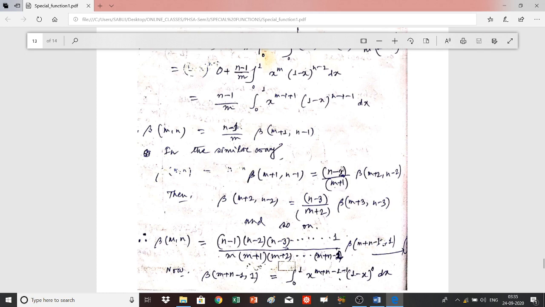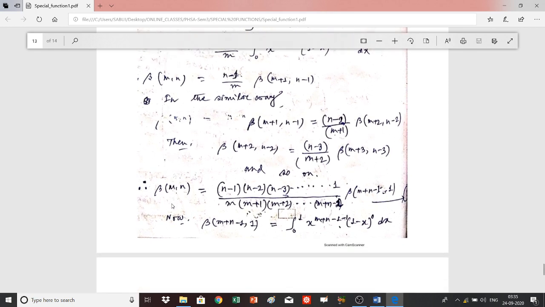So in this case, since m is increased, here it was m, and in this case it was m plus 1, so m has increased by 1, so in this case also m will be increased by 1. So instead of m here you will have m plus 1, and then beta m plus 2, n minus 2. And then if you wish to find out the value of the next term, that is beta m plus 2, n minus 2, can be written as